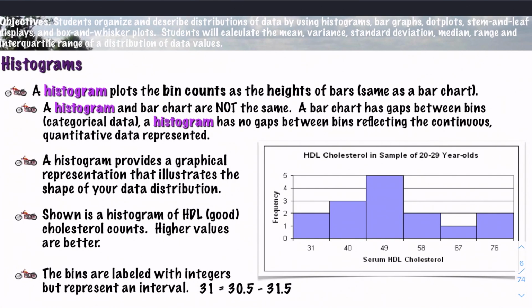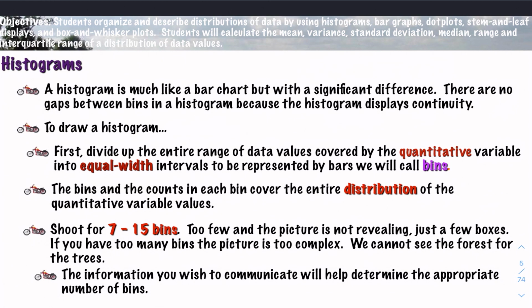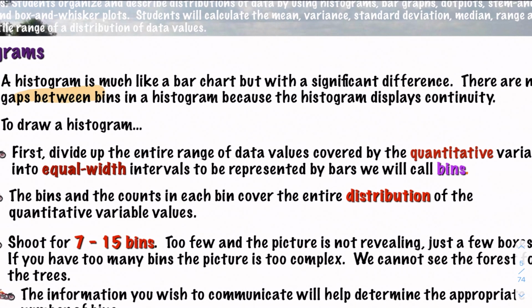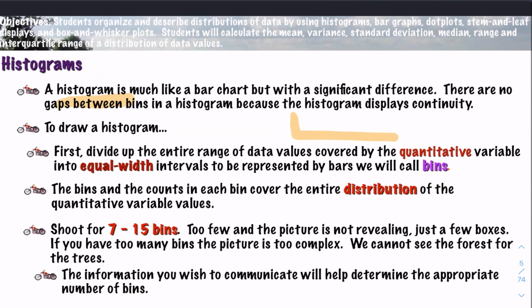So what do we use? Well, we use histograms. A histogram is much like a bar chart, but with a significant difference. And that difference is there are no gaps between the bins in a histogram because the histogram displays a continuous graph. So everything is connected. If there are gaps, they're there for a reason, as opposed to with a bar chart,